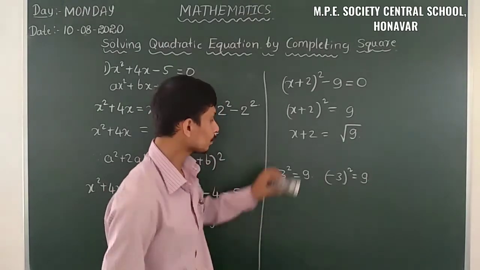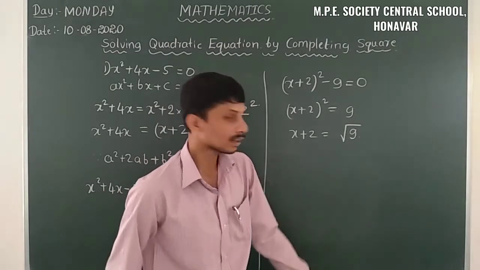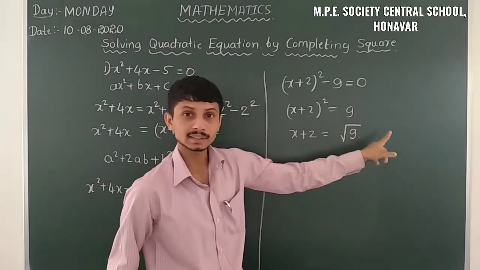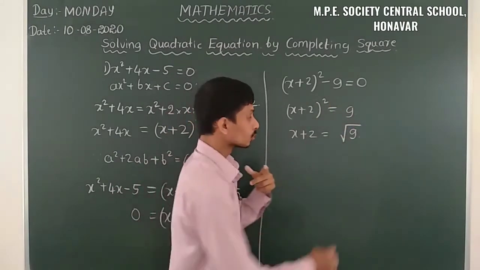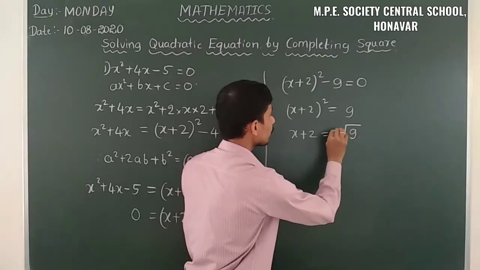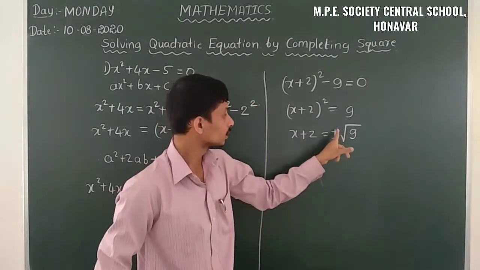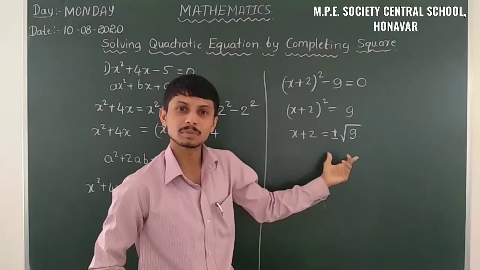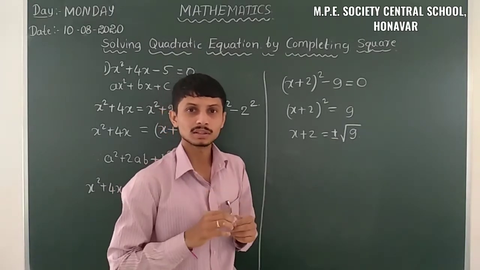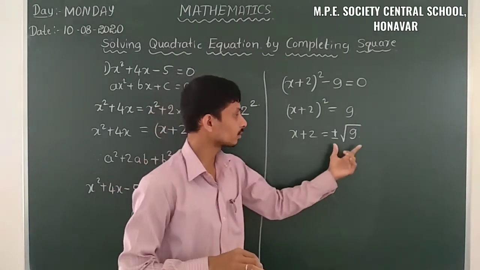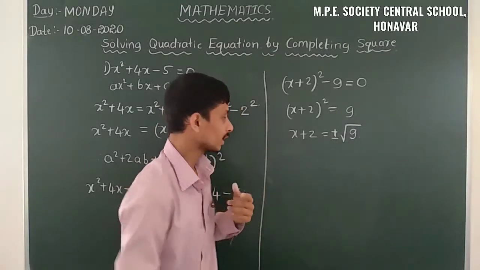That's why I am telling you that when we transpose the square to the RHS side and it becomes a square root, just insert the plus or minus sign. I think it's a new term to you. Whether it is plus or minus, we have to take it according to the statement. Here there is no statement, so we have to take plus or minus directly.